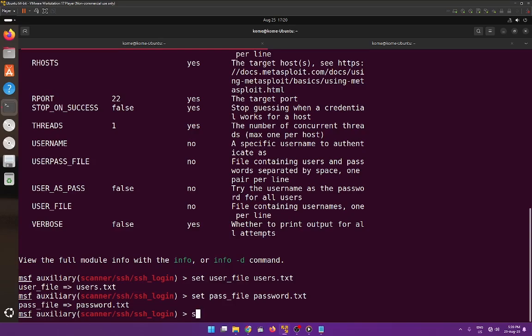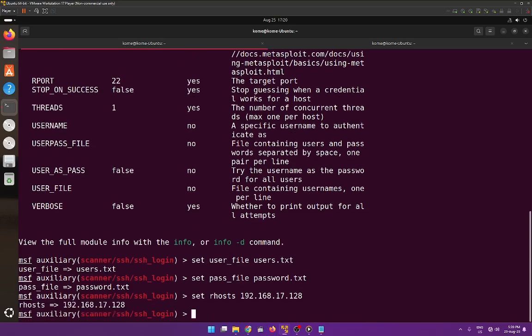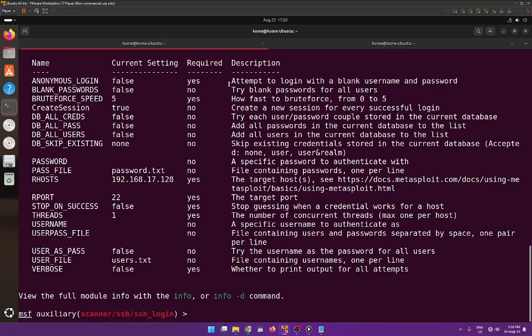I also want to set the remote host to 192.168.17.128. As good practice, I always go back and check again, show options, and we have our pass file set, our remote host is set, our R port is set, and our user file set as well. So let's run this,